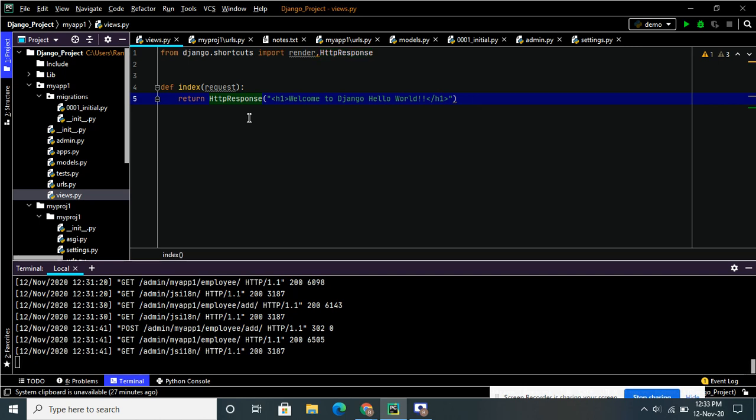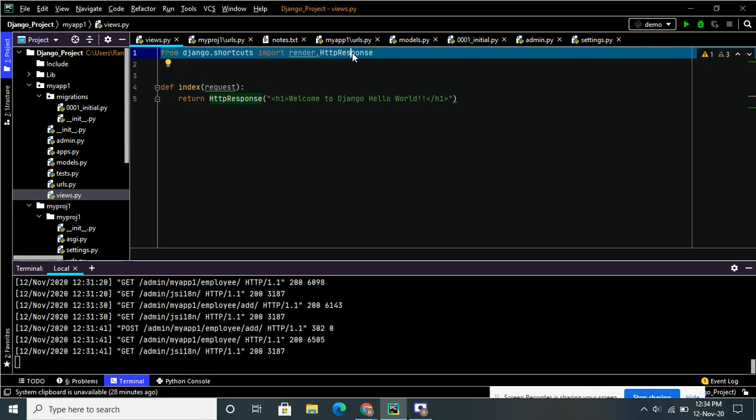By using this, we respond back to the user. The response can be HTML content for the web page, or if a file is not found, we can return a 404 error. So by using HttpResponse, we can return whatever response the user is asking for, otherwise, if not found, a 404 error.